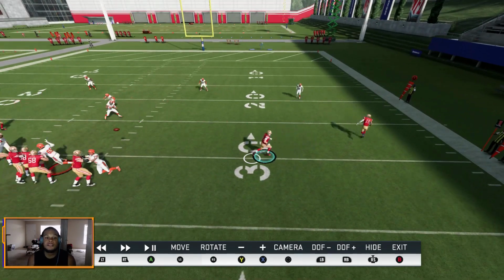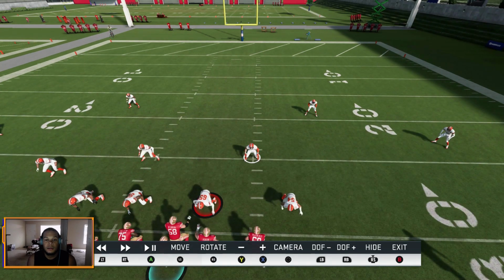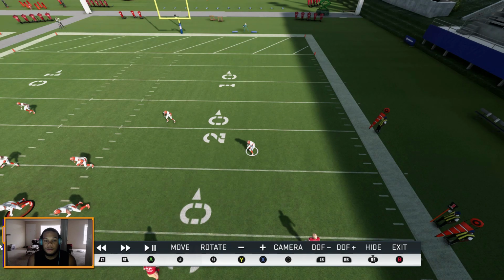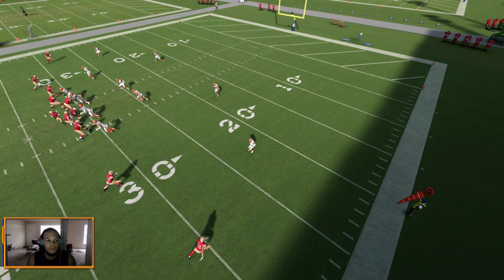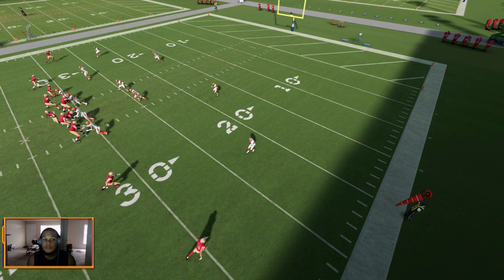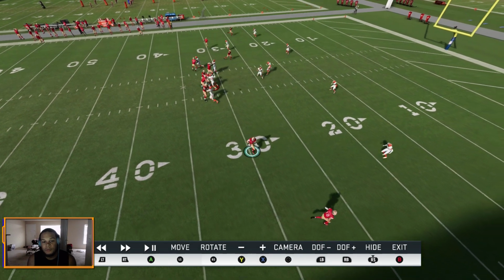But it's a very simple play. This guy, he's too far away. This guy, he's too far back. You're only reading this guy right here. You see, as soon as the ball snapped, he's rocking backwards. As soon as you see that,